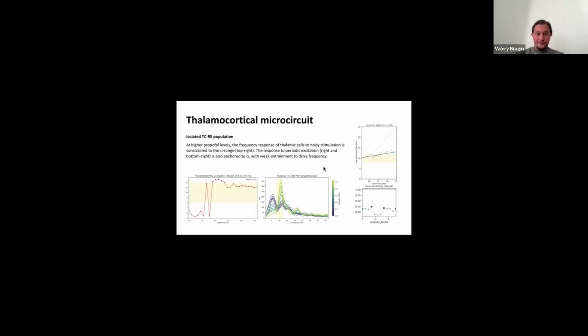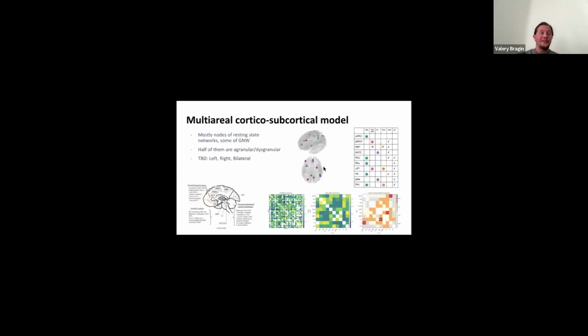Yeah, so I was showing this single thalamocortical circuit, which was validated. Actually, it's in progress. We are validating against anesthesia, but in the end, the final goal is extending this to the network level, because we believe that the phenomena we want to model are highly distributed and cannot be captured by a local microcircuit alone.